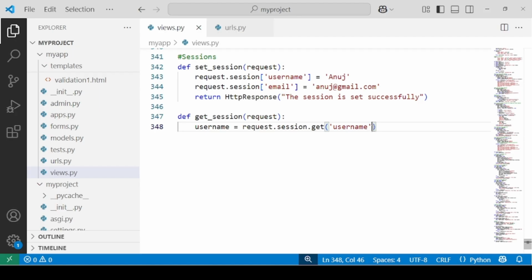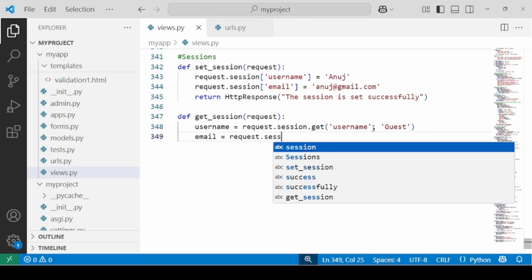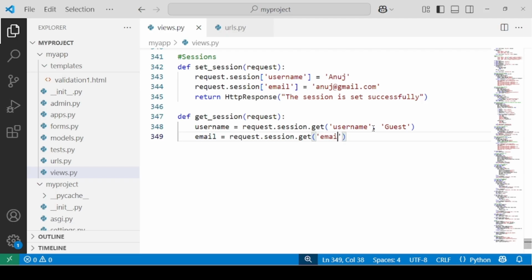So just in case the username is available, it will show that, or else it's going to print guest. Next variable we will take email, request.session.get email, and just in case the email is not available, it will show guest@gmail.com. So these two represent the default values,